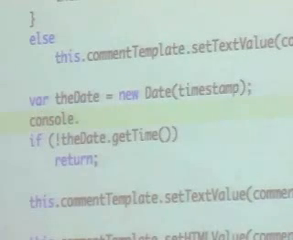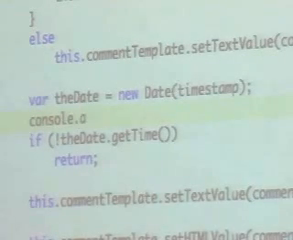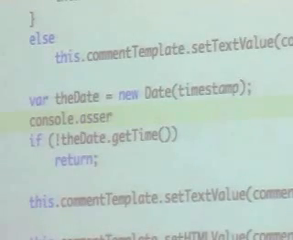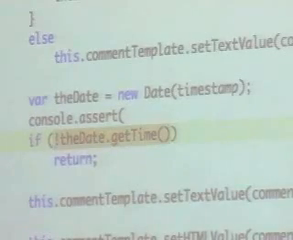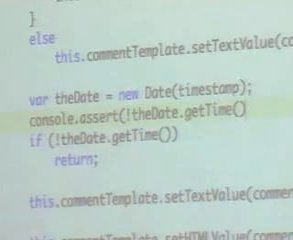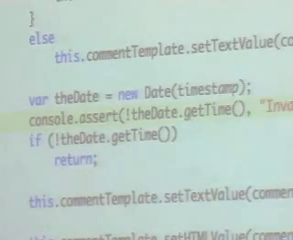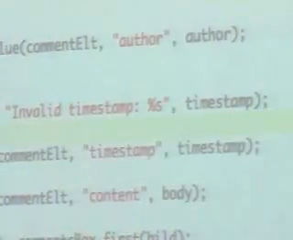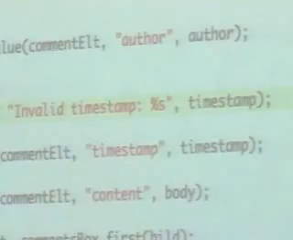describe a rule like that, and when it fails to be true, you can get a nice description of what happened and exactly why on the Firebug console. So you can type console.assert. You can put that condition in here. Now we put a little message here. So what this is saying is that if the date is not valid, show me this little message and give me some information to help me quickly